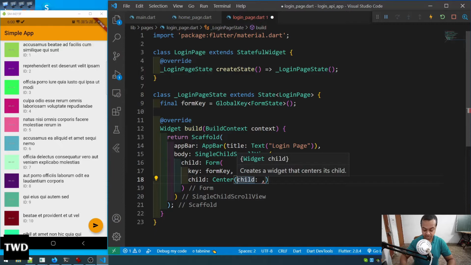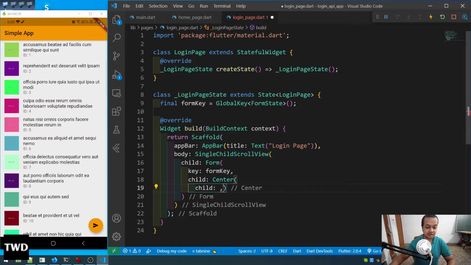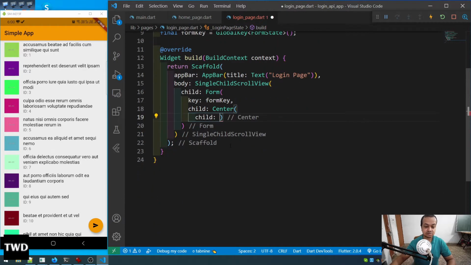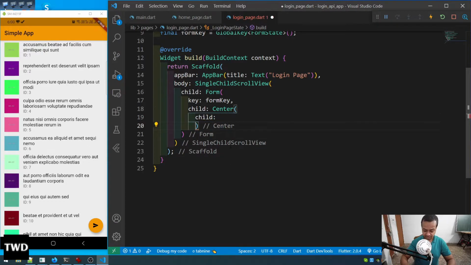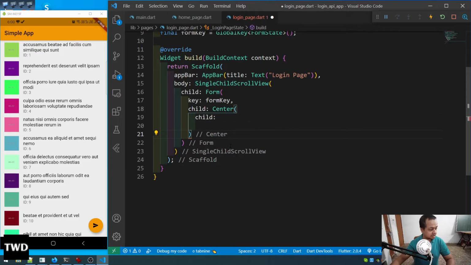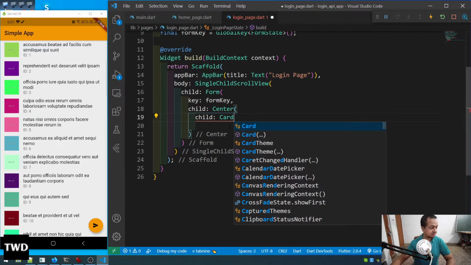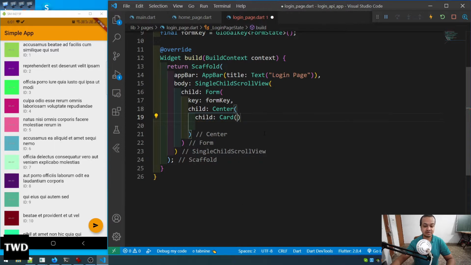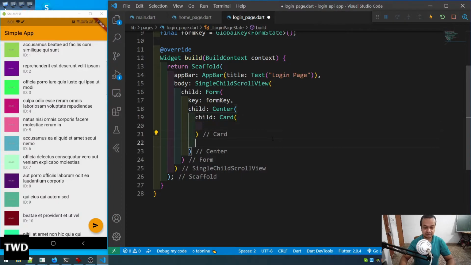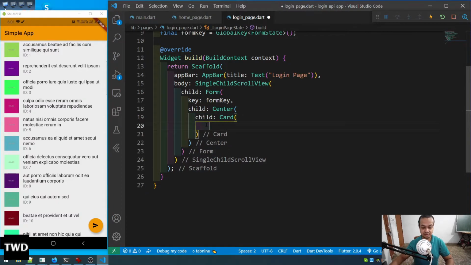This is those center things, and that child, yeah, in Flutter we have a lot of these things. This is the way Flutter code works actually. Card will have, and after that card